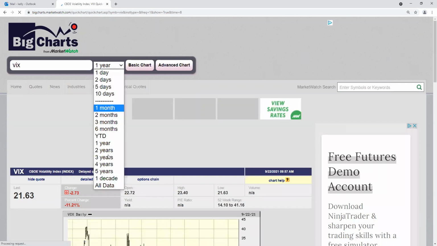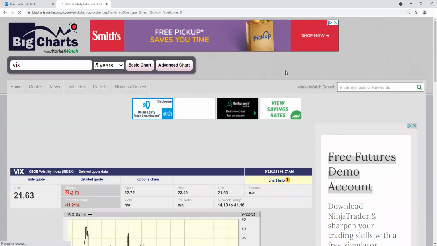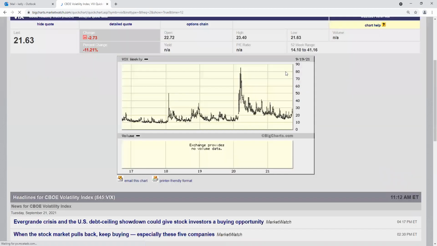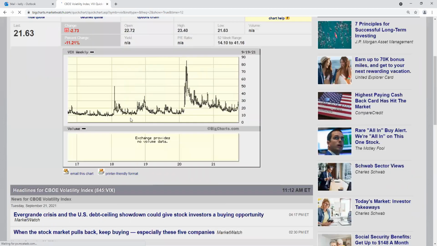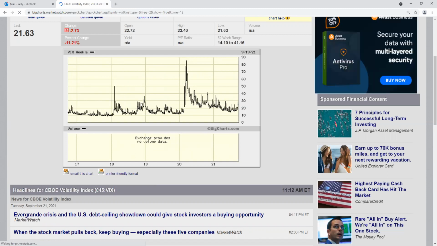So again, my experience on the VIX, just to use parameters, and I'll even go back further. Let's go back 5 years on the VIX. That'll encompass the Trump years. Okay, so as you can see, the stock market was pretty darn strong all the way. Had a couple of scares there. Remember the fourth quarter of 2018? You had a pretty good scare there, and the VIX went up here, and that was a buy.